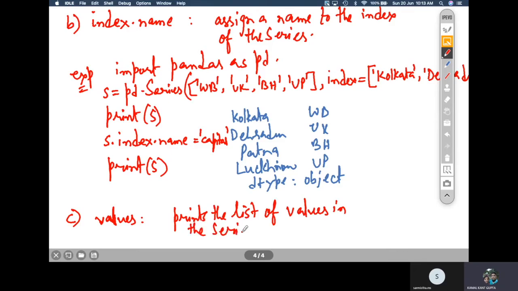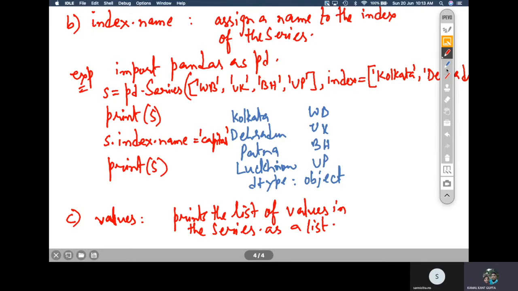So it gives simply the names of the elements which are there in the series. All the values of the series are printed as a list. So it does not represent whatever is in the series as it is representing in the above examples. It will represent the values in the series as a list. All the values will be taken up in a list and will be shown.